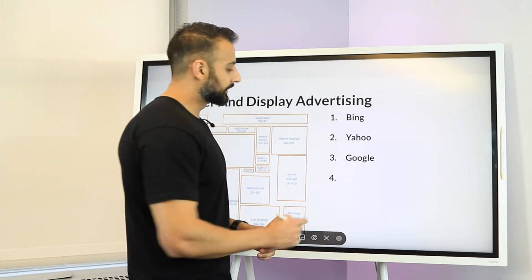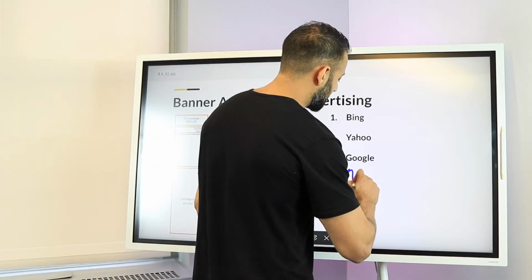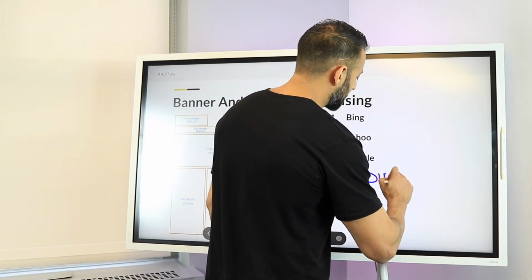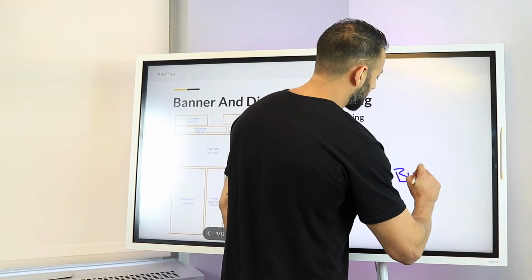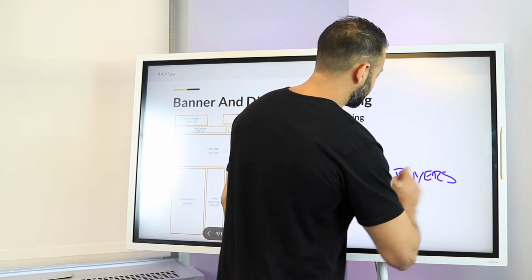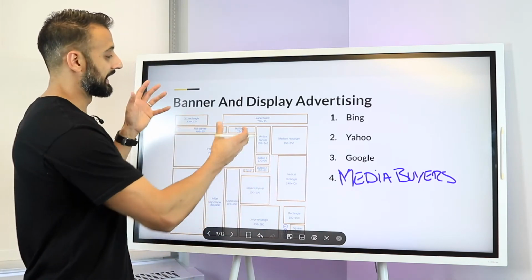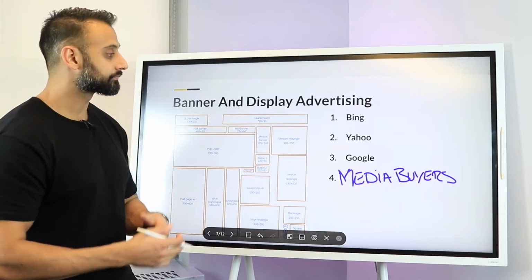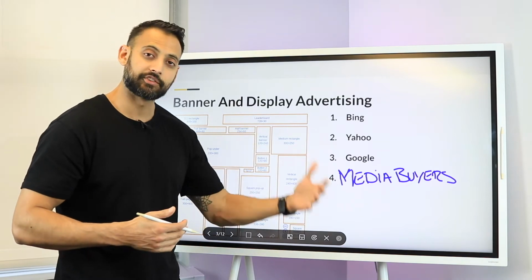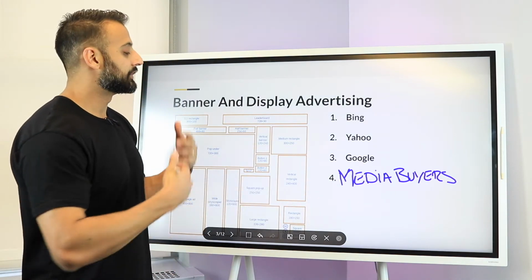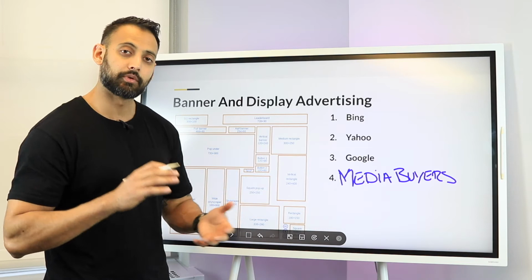What you want to get comfortable with here is media buyers. What are media buyers? They buy media. They buy digital assets like this and they buy it in bulk on your behalf. They have pre-existing relationships with entities like this that you can tap into so you can get a better price point for what you're looking at.